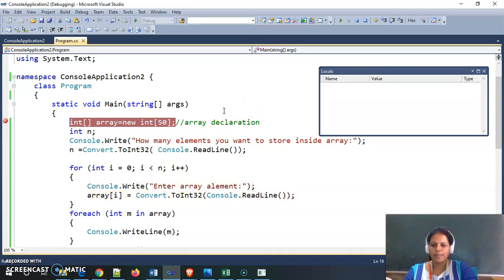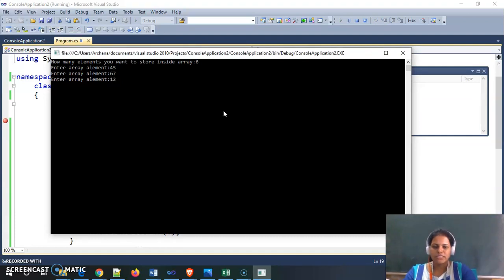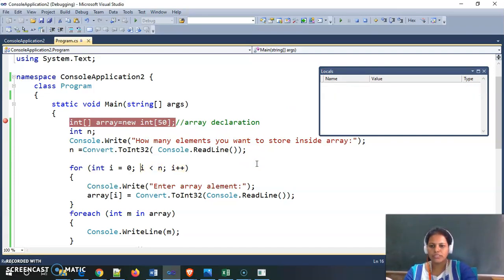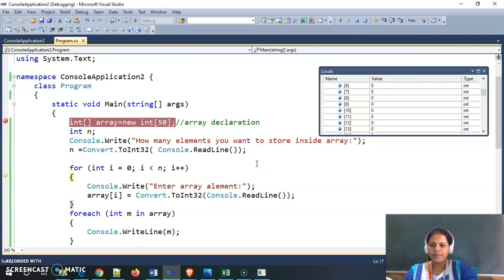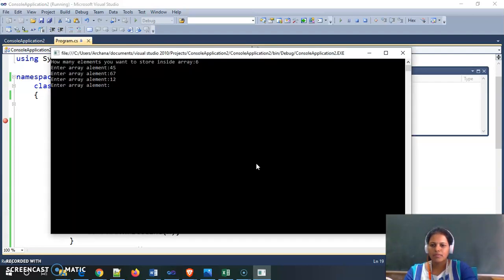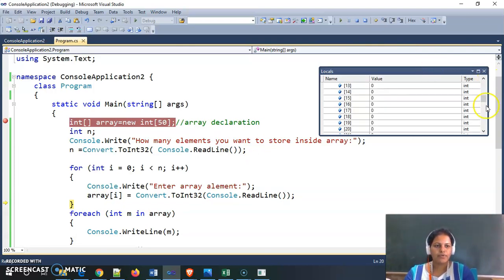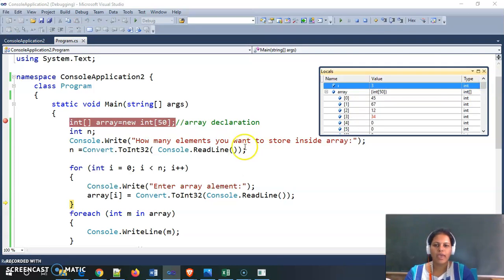At this time I am giving 12. Now 12 will be stored inside my array at the 2nd index. Then after pressing F11 we go to the next line. Now I am giving 34 here, and the 34 value will be stored at the 3rd index of the array.